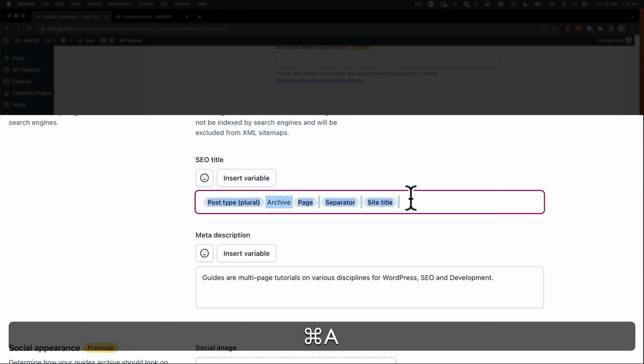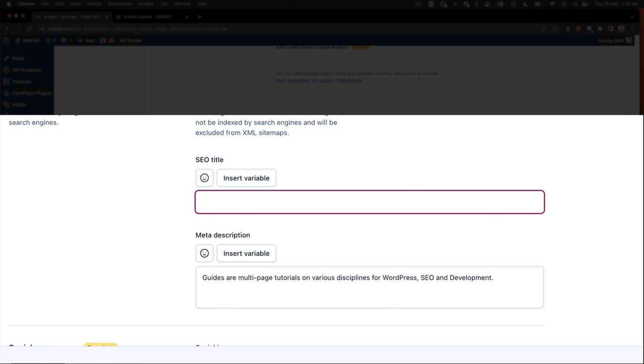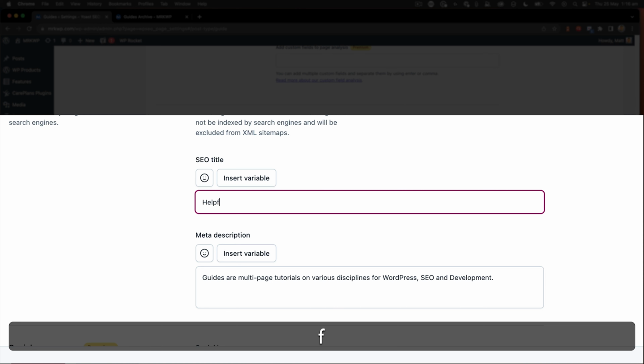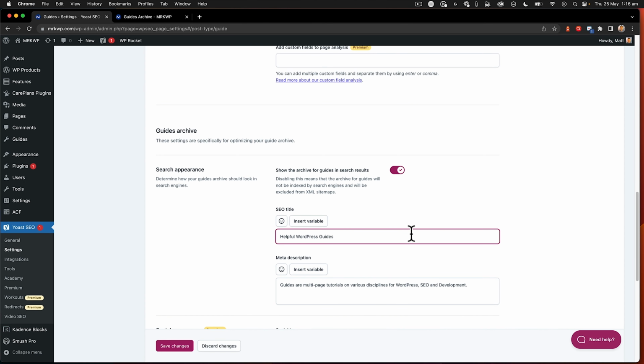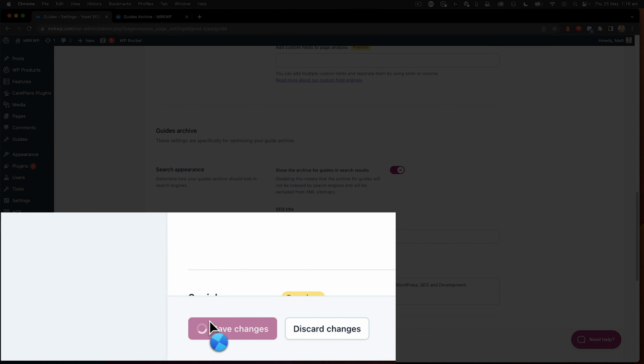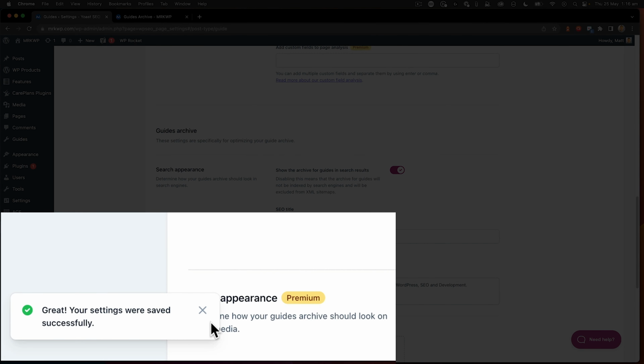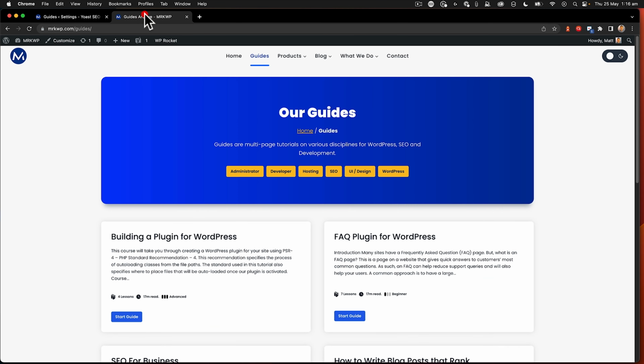So I'm going to select all of that and delete it and say helpful WordPress guides, just like that, nothing else. So that's good enough for me. Helpful WordPress guides, that's what the page is. Gonna go save like that. There we go. Now I go back to my page, and the trick here is to also make sure that